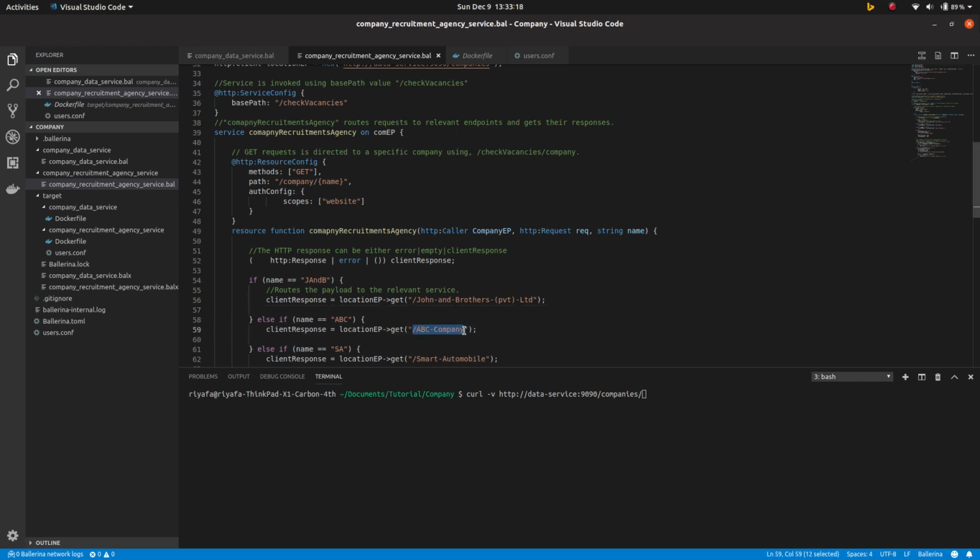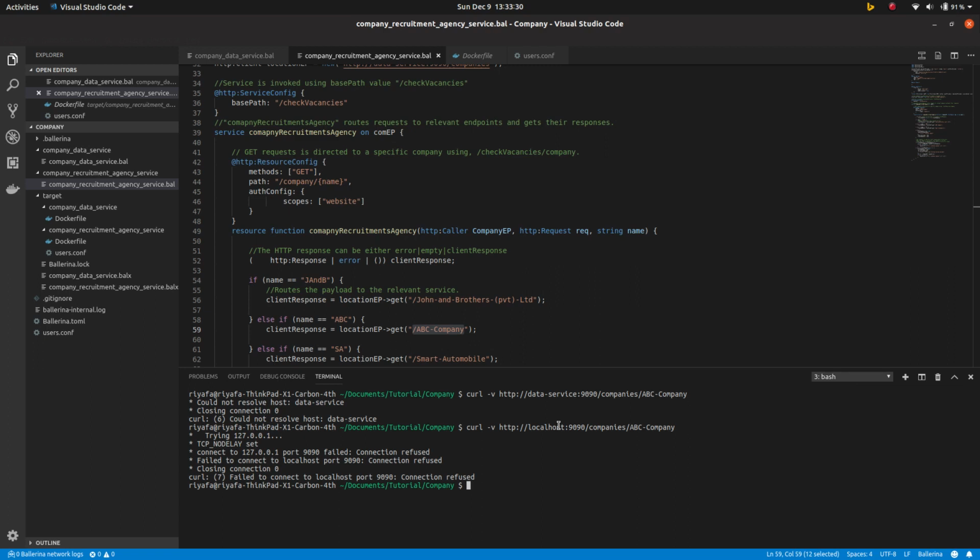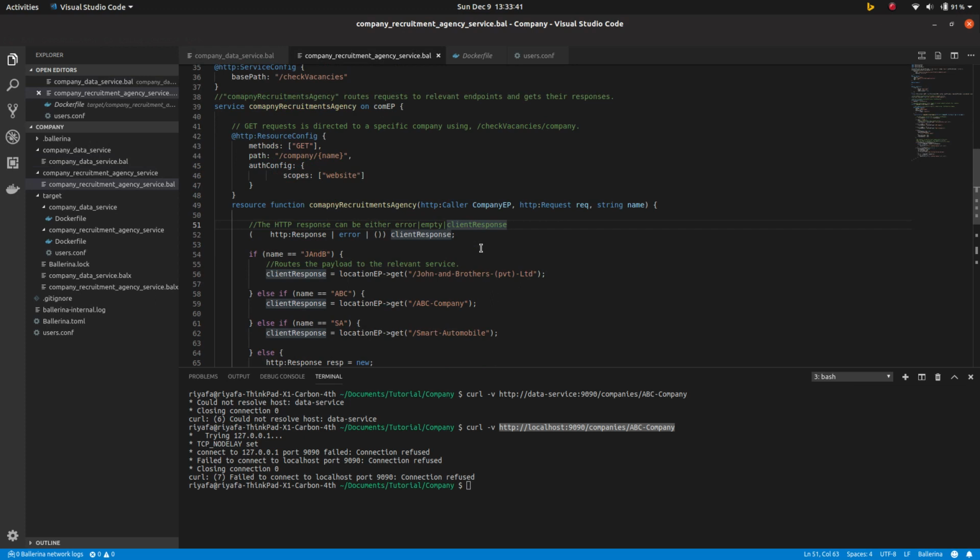This is completely hidden, so could not resolve host. So let me see, localhost, failed to connect to localhost, connection refused. So this service is not exposed, but only this service is exposed. That is how you use Docker networking with Ballerina